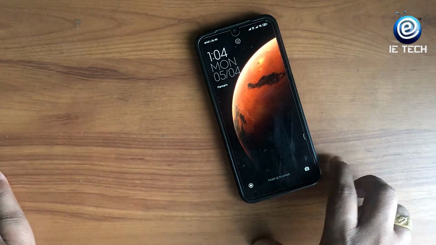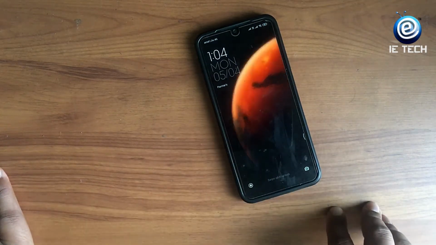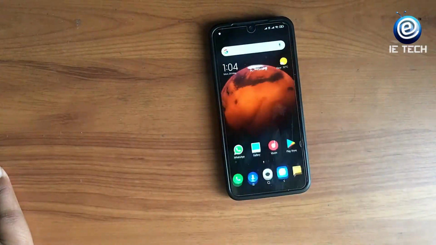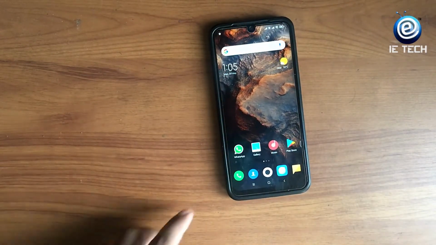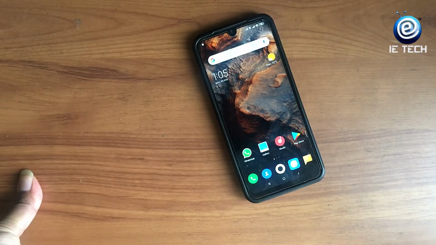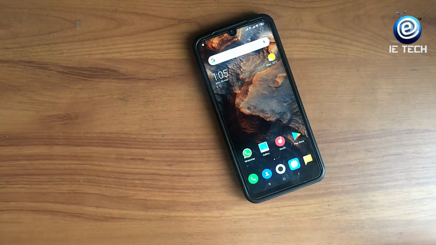In my last video I showed you how to upgrade your device to MIUI 12, and that was for the China build, but this time we have got an EU build, a European build. Xiaomi.eu has given this build, and it is available for most of the Redmi and Mi devices. If you want, you can use it, and it's also available for Poco devices. So let's review this ROM.